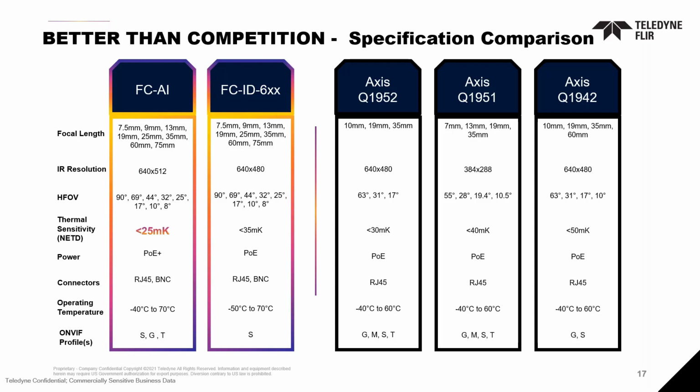So what we need to do is address from a technical standpoint, as you can see, their Q1952 is their higher end when it comes to sensitivity and resolution, but they only have 3 lens options. So when we look at that, we have 8 lens options with a better sensitivity, and I know our price point is give or take a couple $100 within that. So there really should be no question,